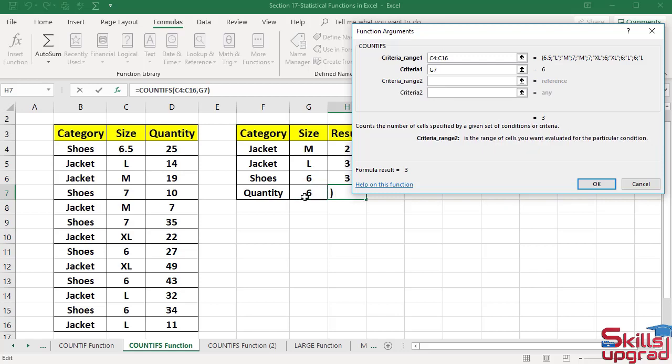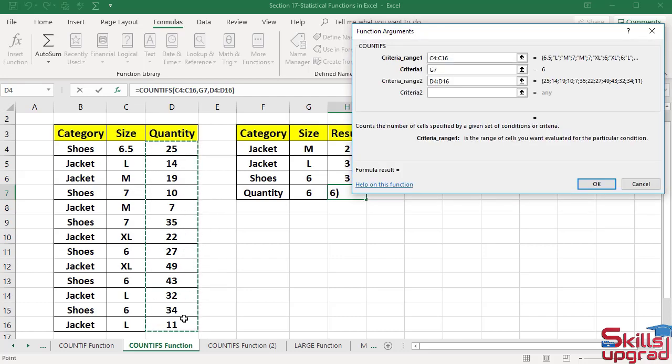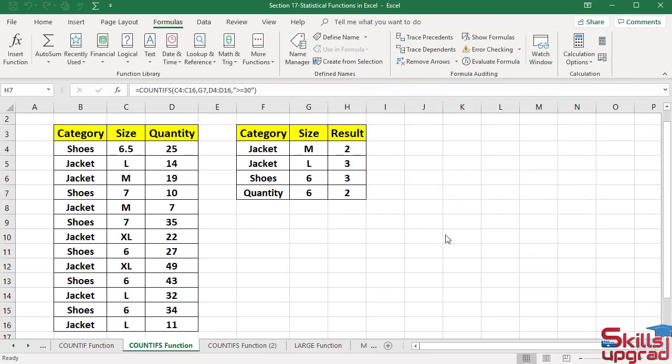In criteria range 2 box, select this cell references range. Press tab key. In criteria 2 box, enter greater than sign, enter equal sign, type 30. Click OK. Function returns 2 in this cell